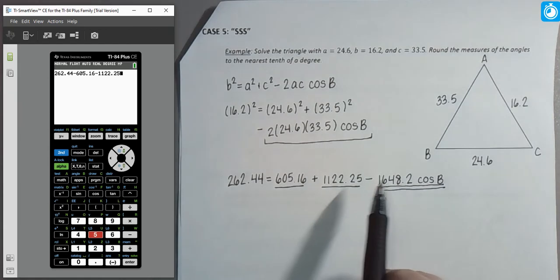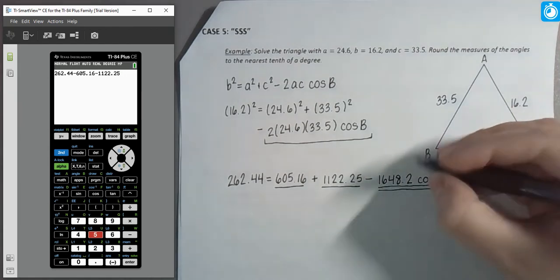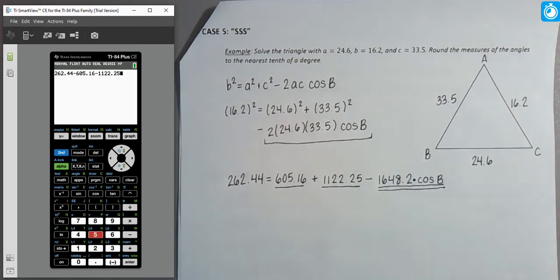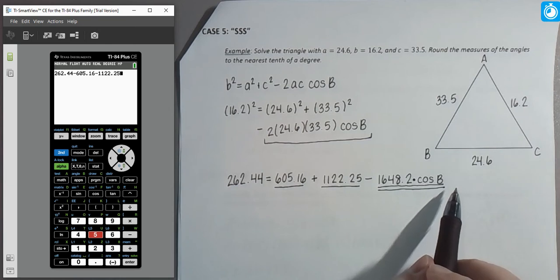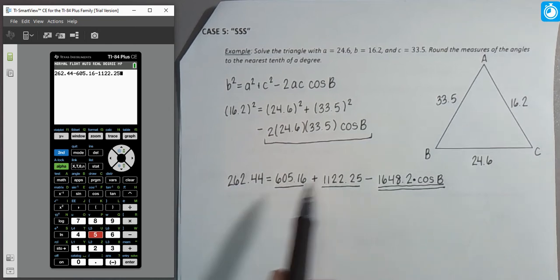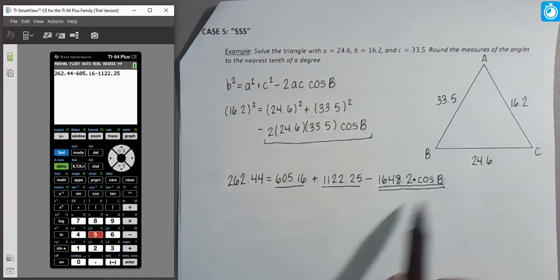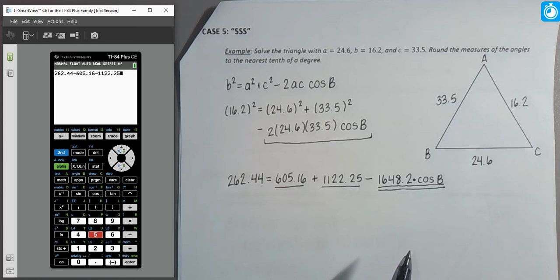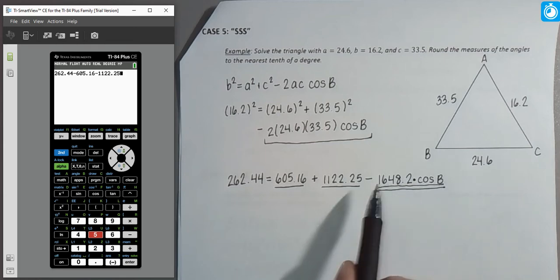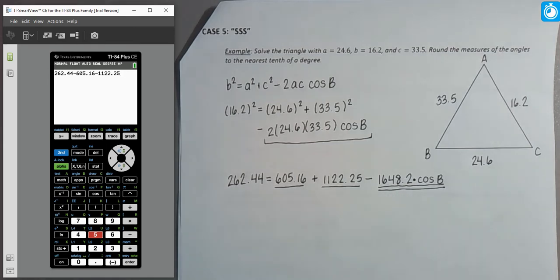Now, are we going to do something with this? This is negative. You want to add it, right? Nope. Because remember, it is multiplied by something. It is part of this whole term. So you can move these two terms over. This stays together as one whole unit. So it's a negative coefficient in front of cosine b. So it just stays where it is for now. So I'm going to hit enter, and that's going to give me what I now have on the left-hand side